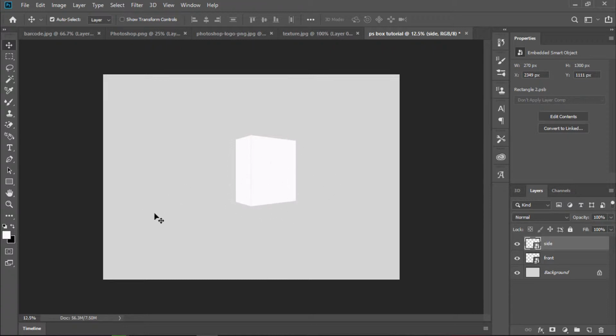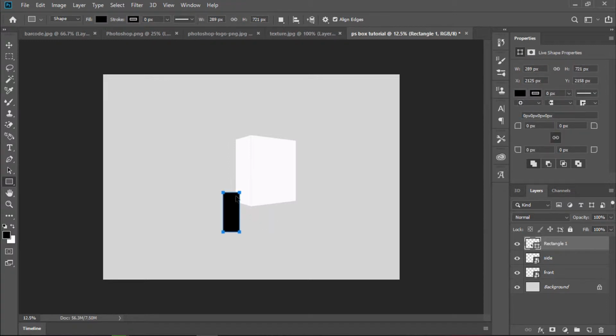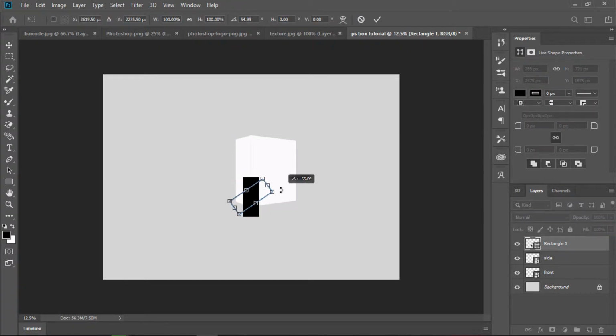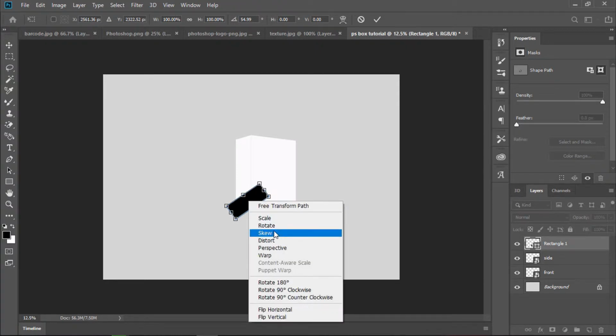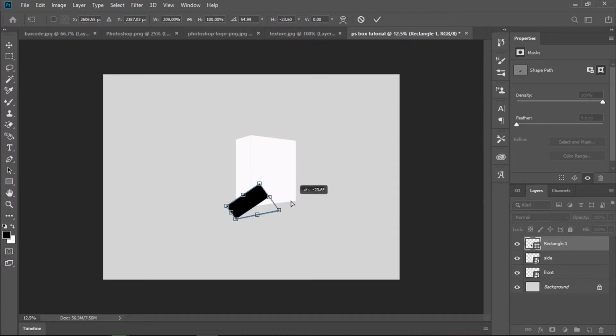And now we want to create a little bit of box shadow behind, so we want to grab our fill as black, grab our rectangle tool again, draw a rectangle down here, Control T to move it and rotate it, then right click and we want skew, so drag this, sorry not that corner, drag this corner up, drag that corner down, drag this corner down, drag that corner up, move it over, and pull that one out, drag that one down a bit, that one up. So this line is pretty much on this line here,